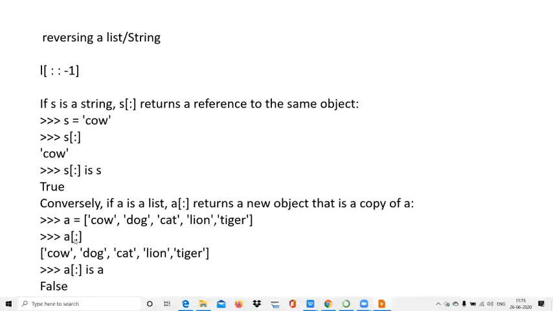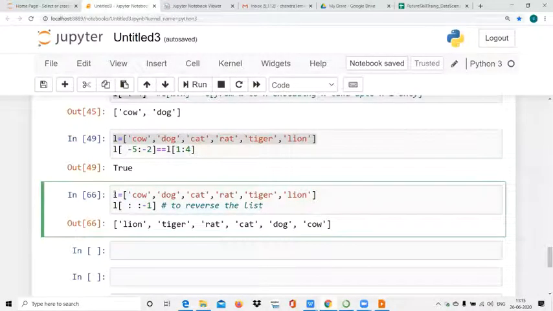Here both are left blank. So this L is a list.